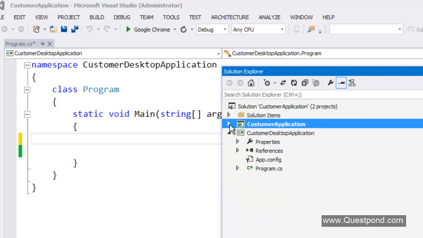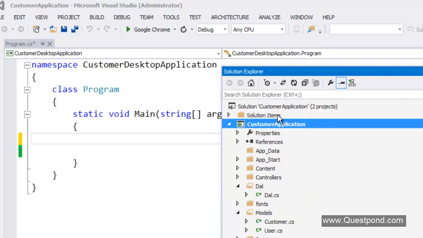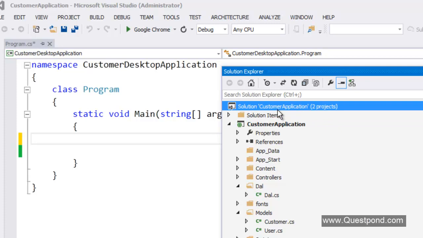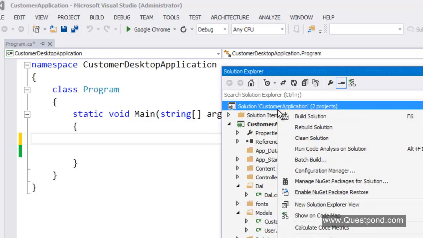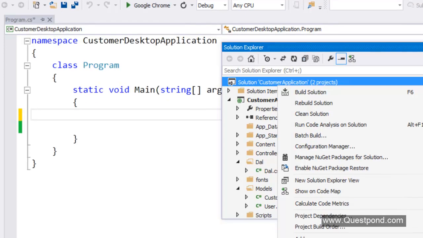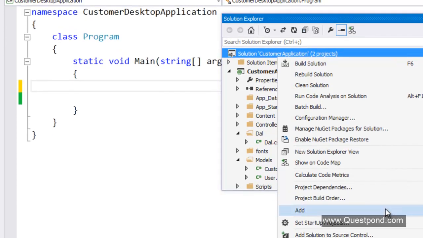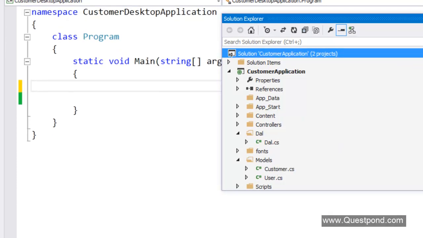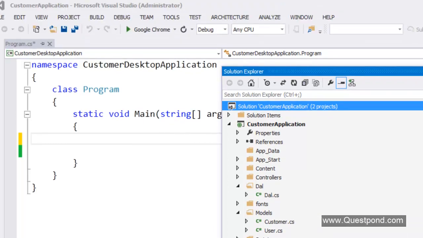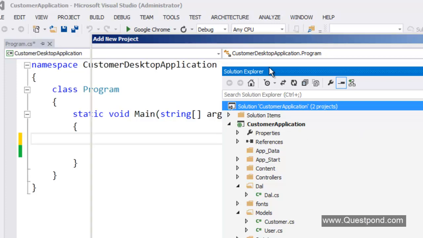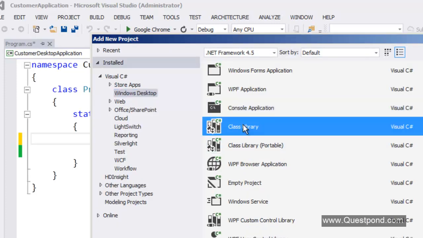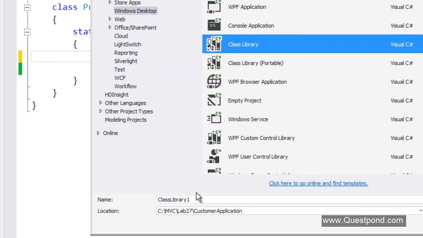Okay, so I'm going to go here and add. Let us first move the data access layer out and let us move the models out. So I'm going to add a new project, and this will be a class project. I'll actually add two class projects, one for the data access layer and one for the models. So I'll select this class library. Let us say these are my models,